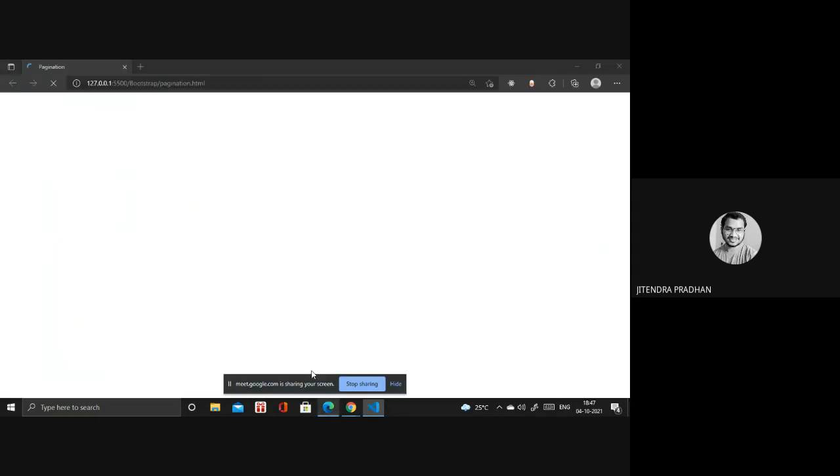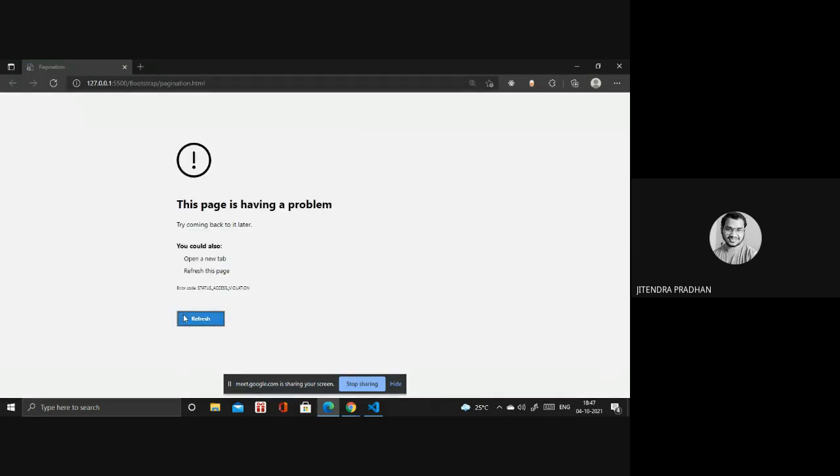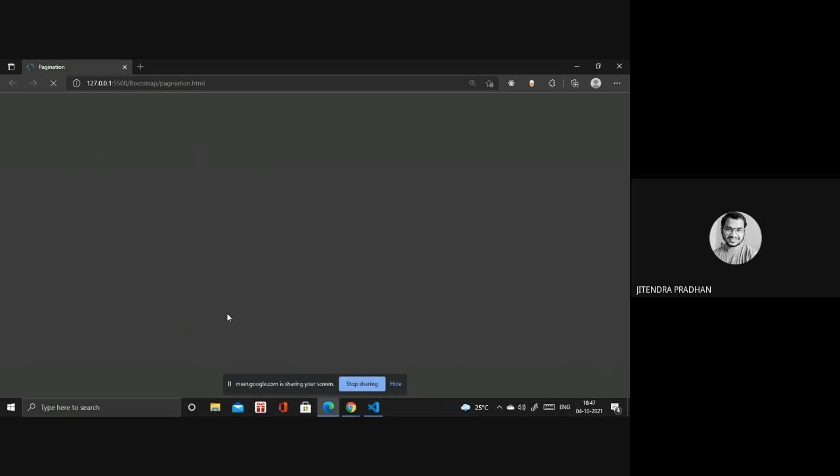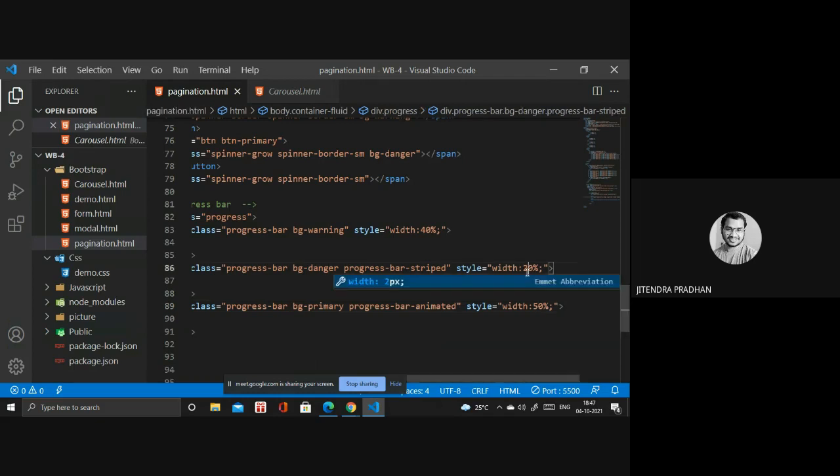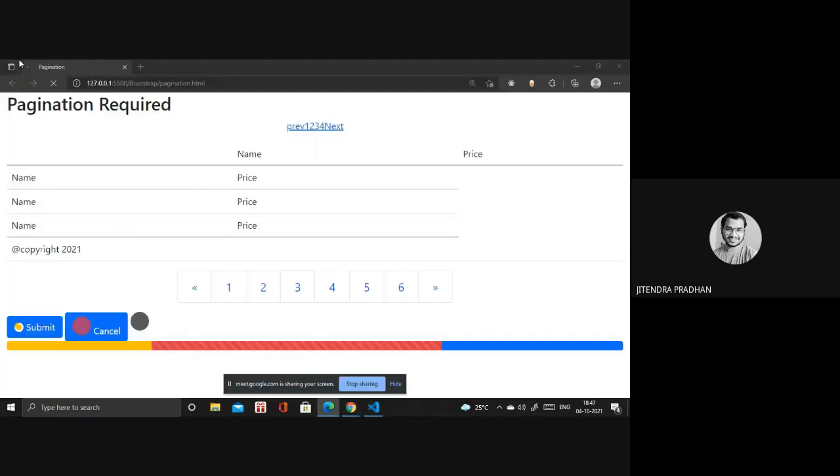But if you need three colors to be shown in one progress bar, then you have to use values like 20%, 30%, 40%. Okay, this one will have a blank space, because we are giving 40%, 20%, 30%.